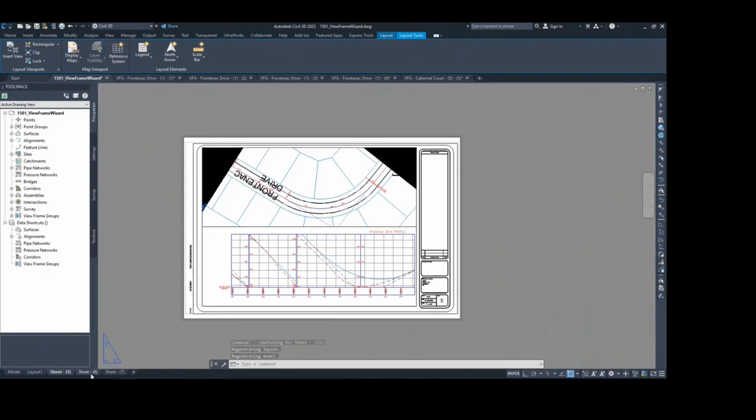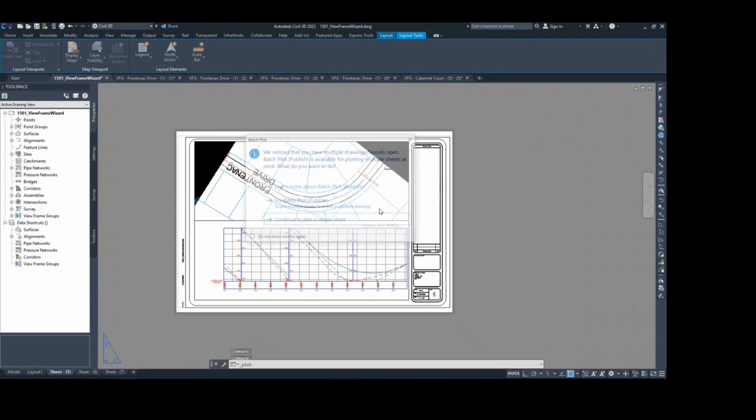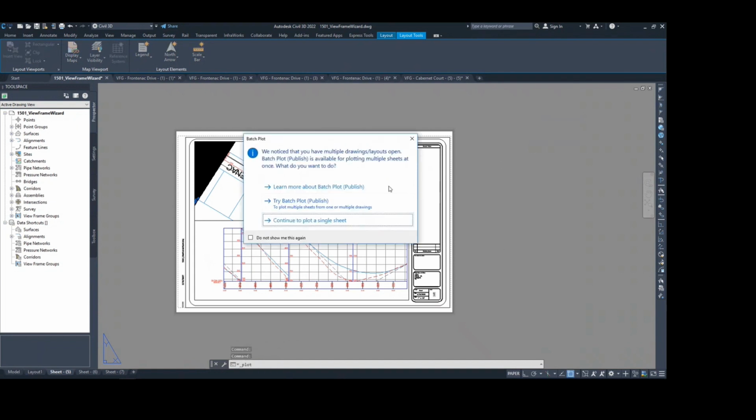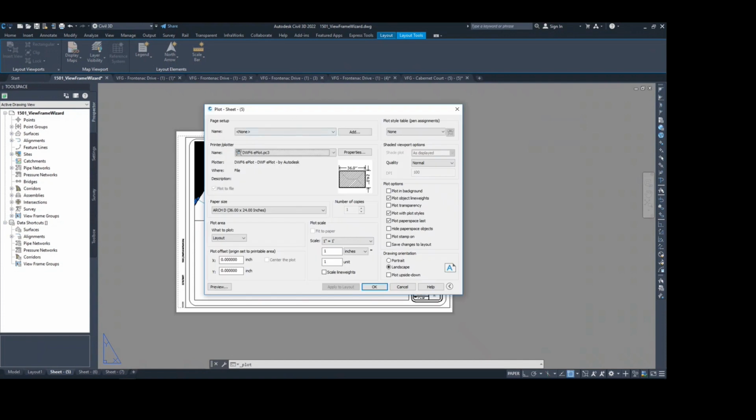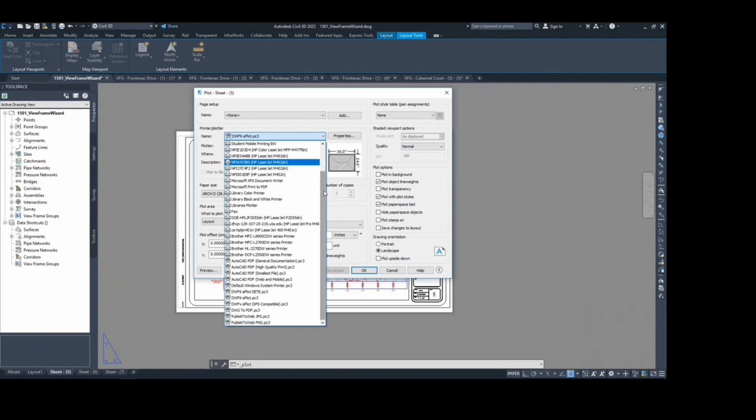Now we have some layouts, we have some sheets, and we want to print them. We need to press Ctrl and T. Then you can continue to plot a single sheet. Here we want to create a PDF file. At first, we can go to DWG to PDF,